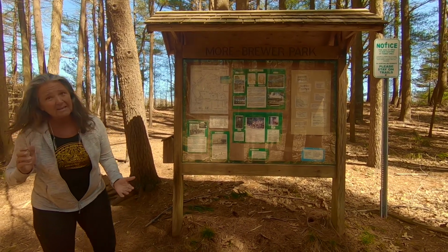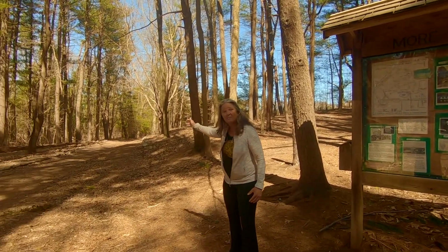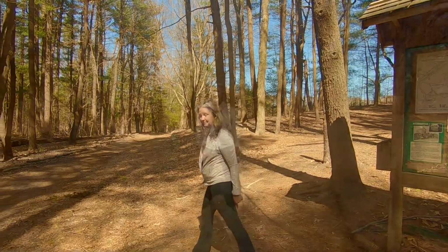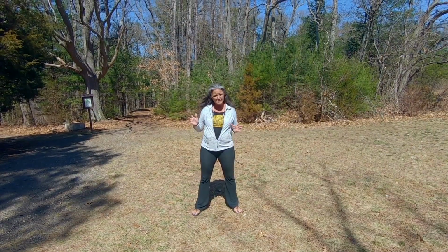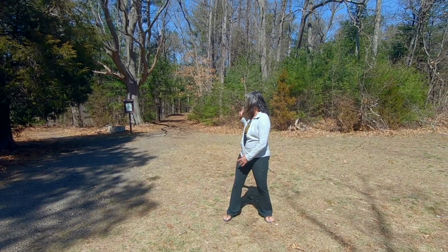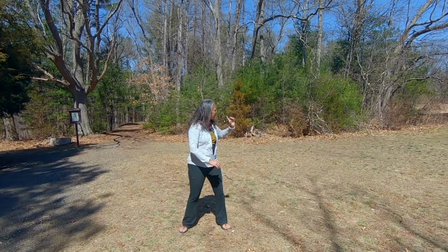So I'm going to show you where the pond is, and we're going to follow this trail all the way down here, and then we're going to veer off to the left, but we're going to stop down there again because there's something else I have to tell you. So there's a little break right here in the trails. One of the trails heads down to the pond. The center trail just meanders back and around to meet the pond trail, and then this little trail right here